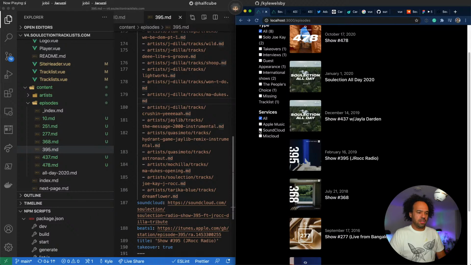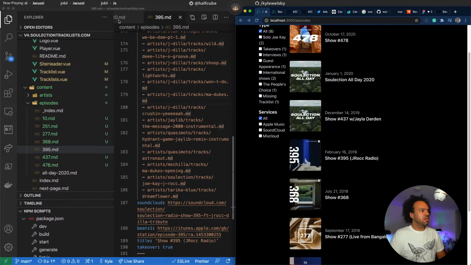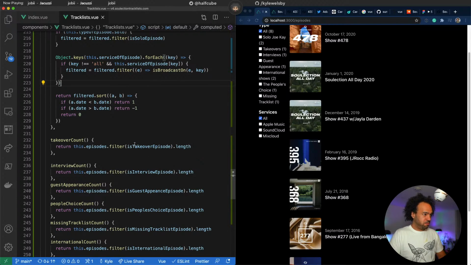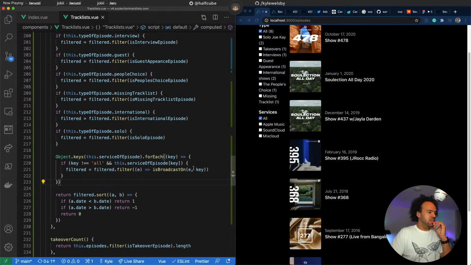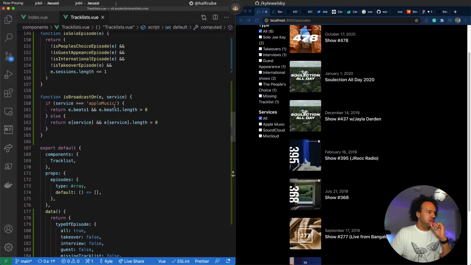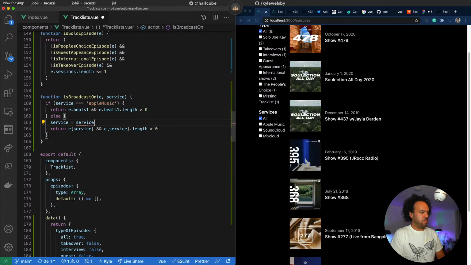That's interesting. Perhaps what I can do is make sure that a service equals service to lowercase, just in case.